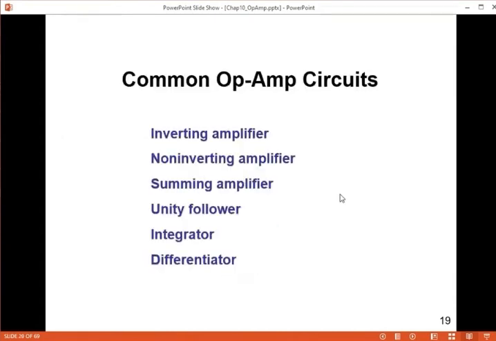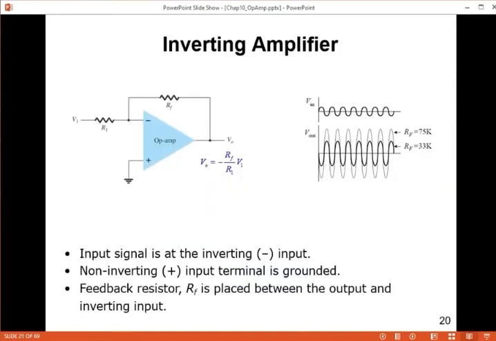And with that arrangement, you can make the op-amp into an inverting amplifier or non-inverting amplifier, summing amplifier, unity follower, integrator, differentiator, comparator, and there are many other arrangements. Okay. Before we go with the specific arrangement,